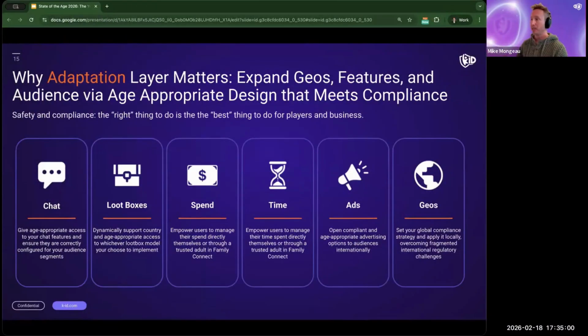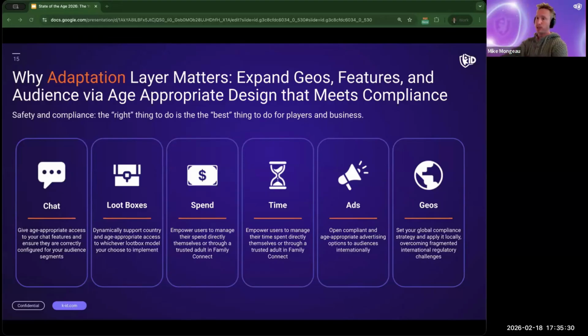Third one is adaptation. And actually, this is where it all comes together. Frankly, this is where the real opportunity lives. Layers 1 and 2 solve for establishing age. Layer 3 is about what do you do with that age once you know it? You have obligations, right? Most digital products have young users, not all of them. I mean, there's definitely adult-oriented products, but many of them do. And whether you've designed for them or not, the question is no longer whether to account for the age, but what you do with that once you know.